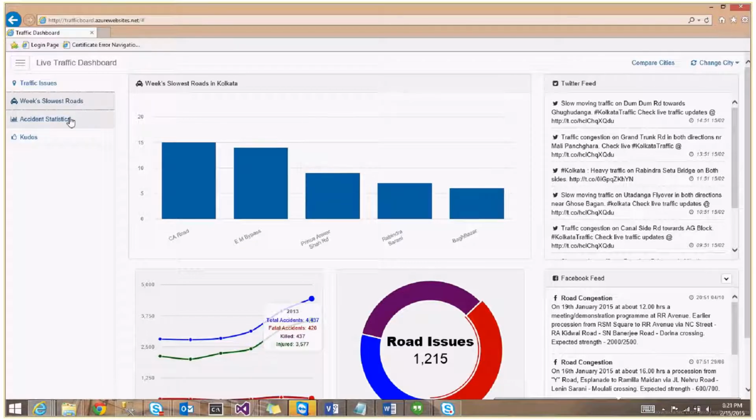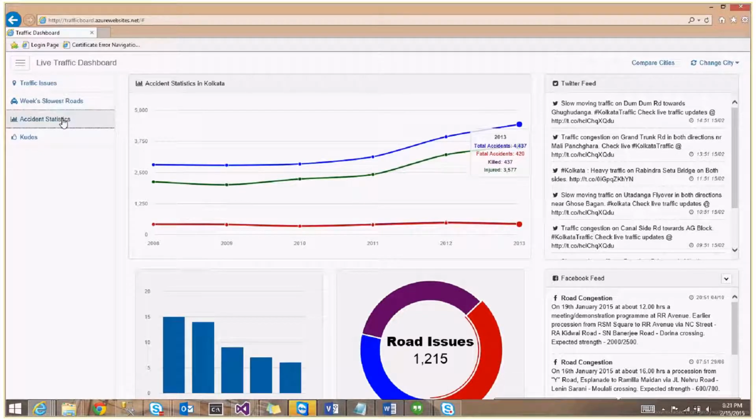Now let's go to our next feature, that is accident statistics. Clicking on accident statistics brings the yearly accident statistics for Kolkata in the main view. The data is being derived from data.gov.in. Total accidents, fatal accidents, number of people killed in these accidents, number of people injured in those accidents are plotted against year. The data from year 2008 to 2013 has been used for this purpose, as the data for 2014 hasn't been released yet.